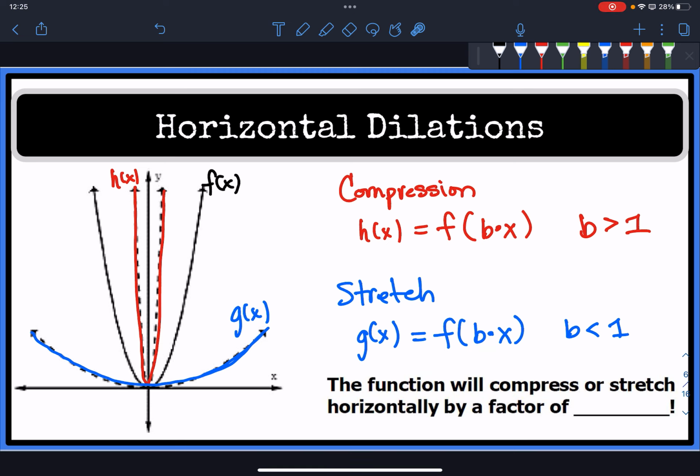So just like how when we add, that makes things move to the left, and when we subtract, that moves the graph to the right, the same thing is happening here. And because of that, the scale factor for these horizontal dilations is the reciprocal of the number that is multiplying the x value. Using that is going to help us identify whether it's a horizontal compression or a horizontal stretch. So for example,